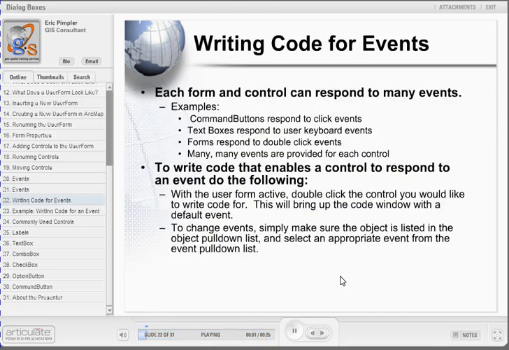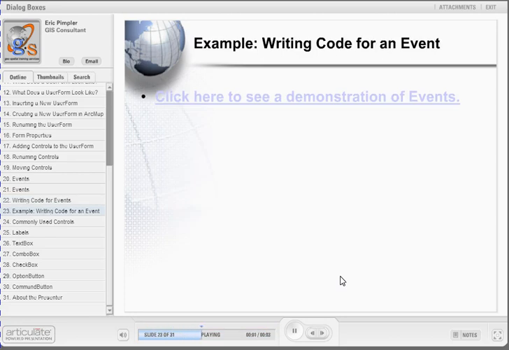As we mentioned in the previous slide, each form and control can respond to many events. Here are some examples of controls and events that they respond to. It's important to note that each of these controls have multiple events that they can respond to. You can write code that responds to each of these events by selecting the event from the list of events. This will generate a code stub for the event. You write your code inside this procedure, which is also known as an event procedure. Click the link on this slide to see a demonstration of writing